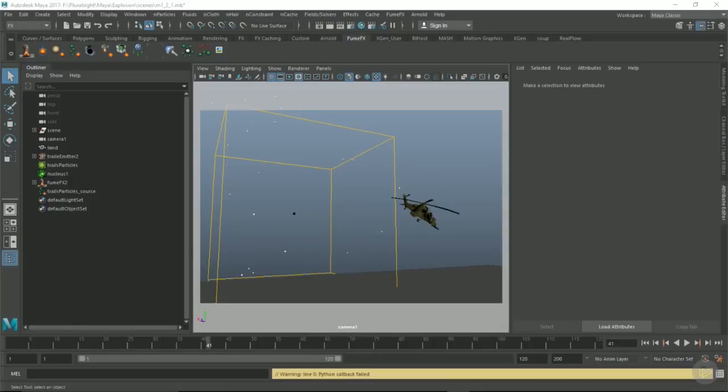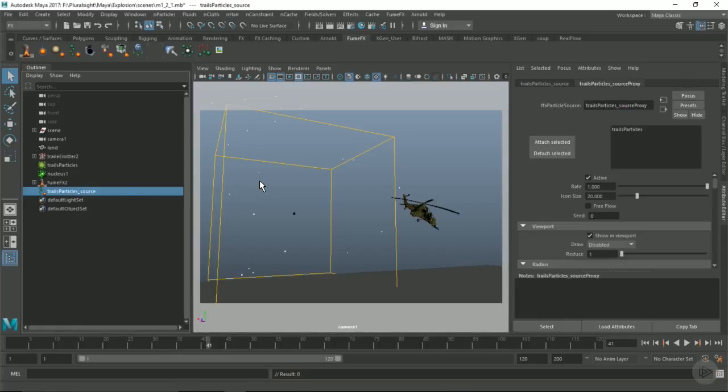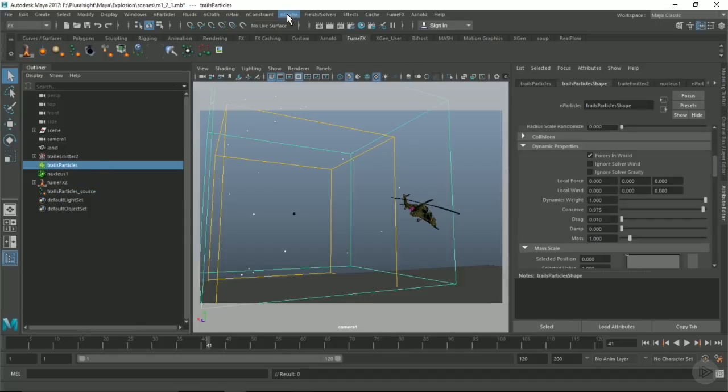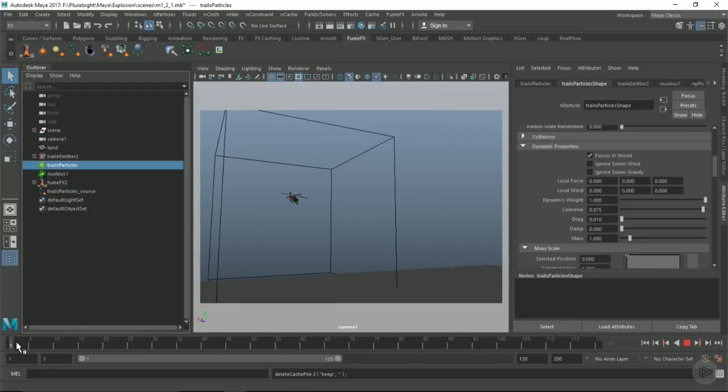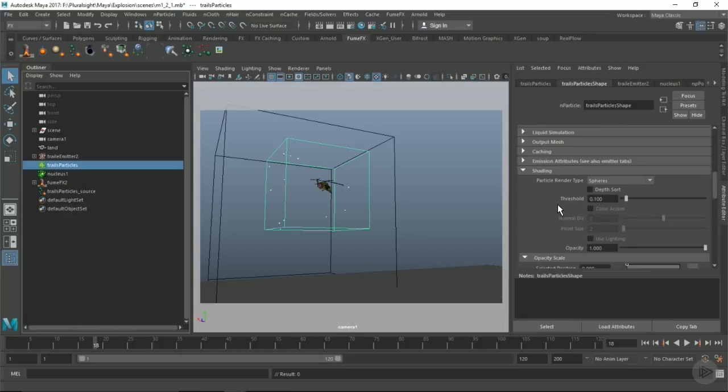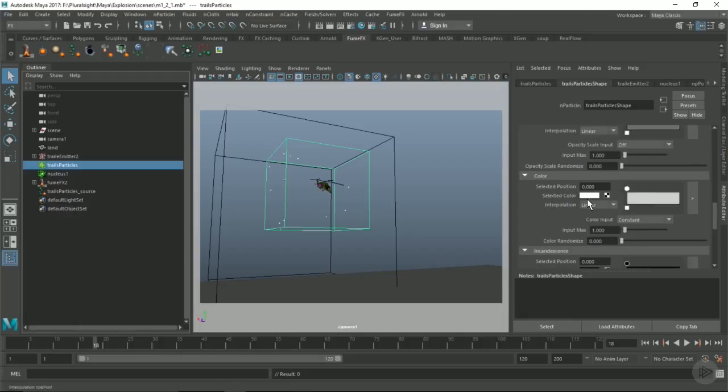Okay, welcome back. So now we're going to go in and change a few parameters and fine tune our settings. Fine tune our particles, add collisions, and the first thing I'm going to do is delete the cache in the particles, and I'm going to create some particles that have different colors on them. So then we can add that to the smoke, and by using color emission we can give more variance in the type of smoke that we're going to emit, which will just make things a bit more interesting. So in the particles, let's just go into shading, and in color I'm just going to create